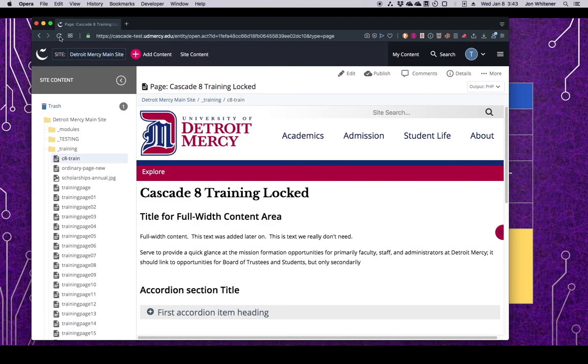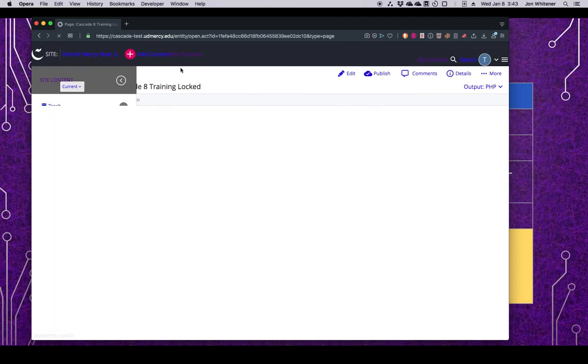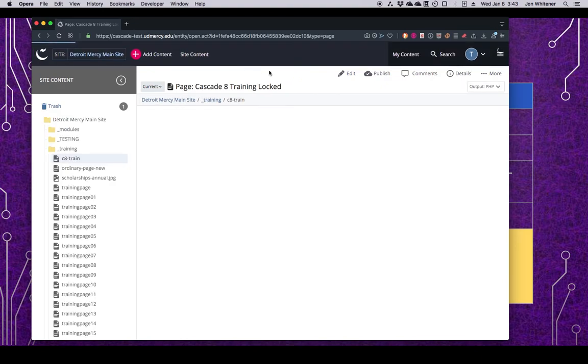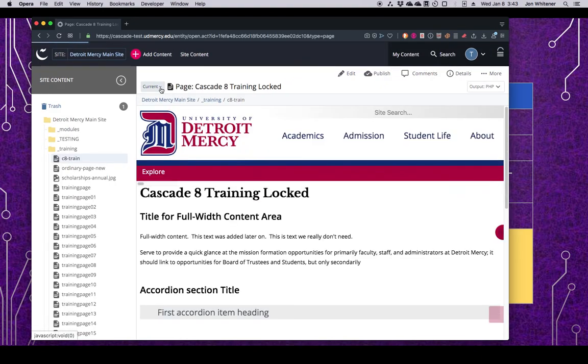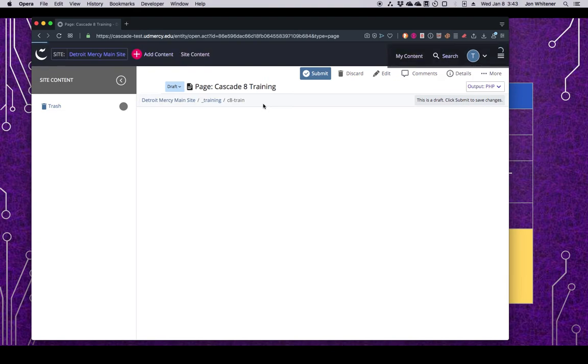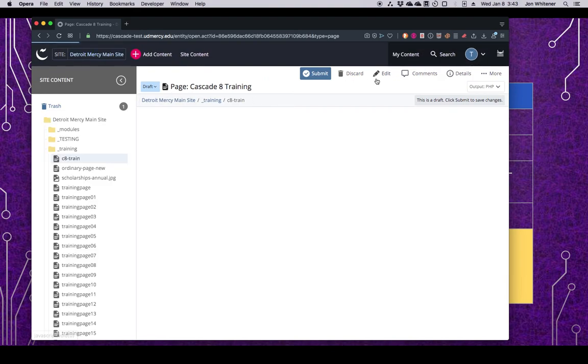But I can work around this bug if I reload the page using the browser's reload function. And then here, I now have this drop down back again that will let me switch between the current version and the draft version. So I can go back to the draft and pick up editing the draft or submit the draft like normal.